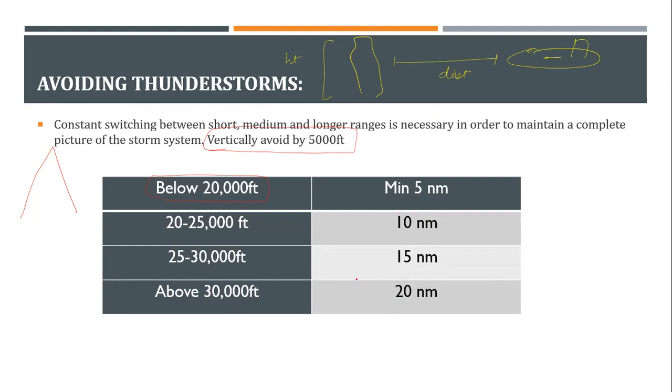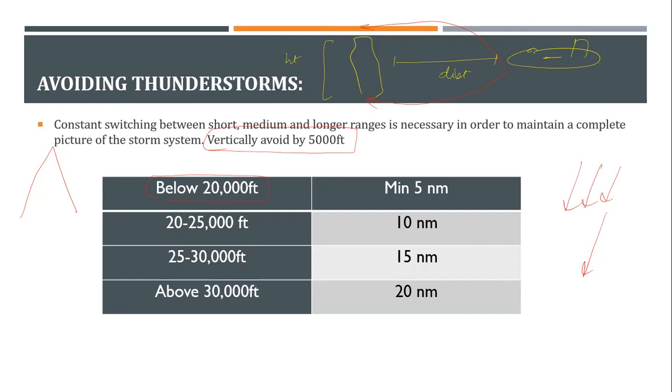Okay, you find this table in your exam notes also. And overall, you have to avoid the height itself. If you're going over the top, you have to cross it by 5,000. And remember, don't try to act smart and go below the cloud. Why? Because rainfall goes due to gravity down only, so you will get a downdraft. You will go down more.